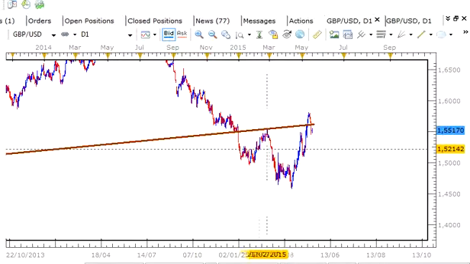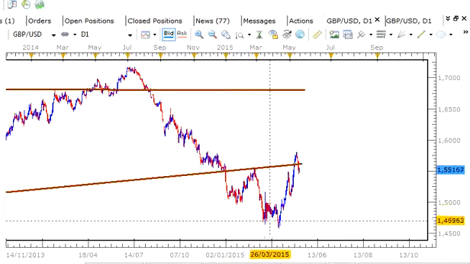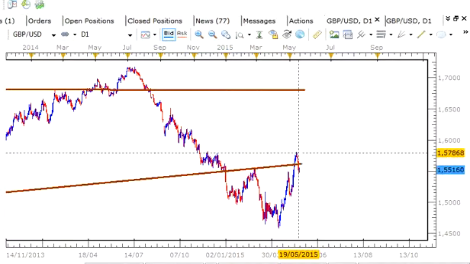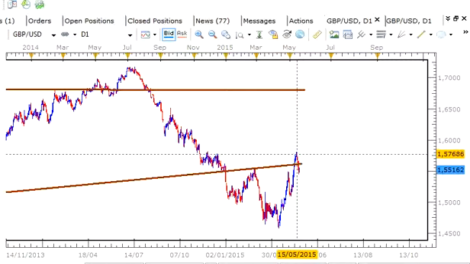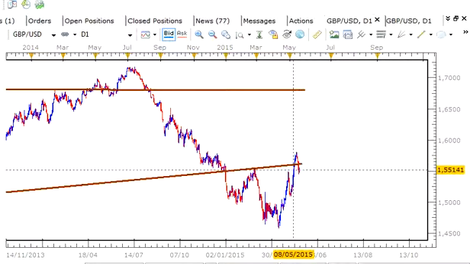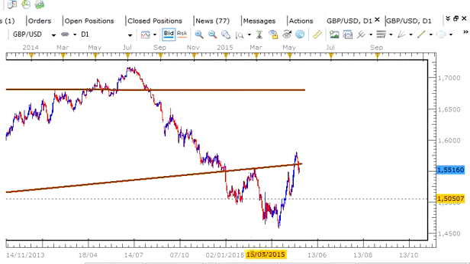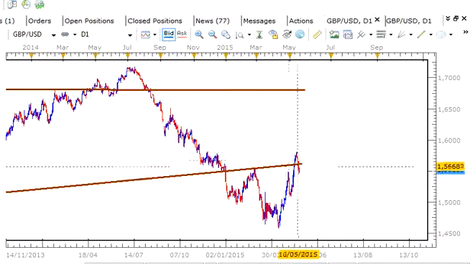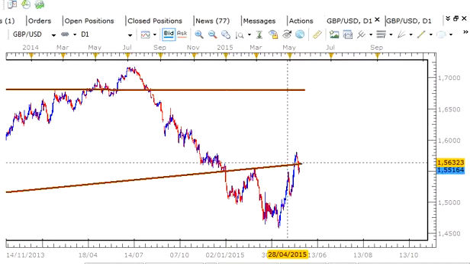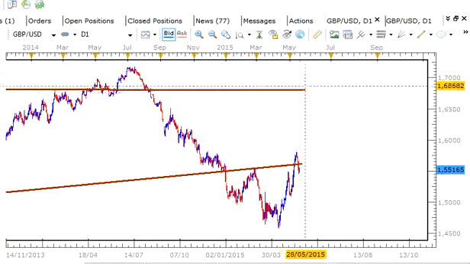But what we have taking place is that instead of doing either of those two, the market has pulled back for a second time and is now actually back inside. It pulled back inside and is now just below the support area here. So the fact that we have attempted on 2 occasions to break out and that we're essentially back to the support area here would suggest that the market is in the early stages of what we call a false